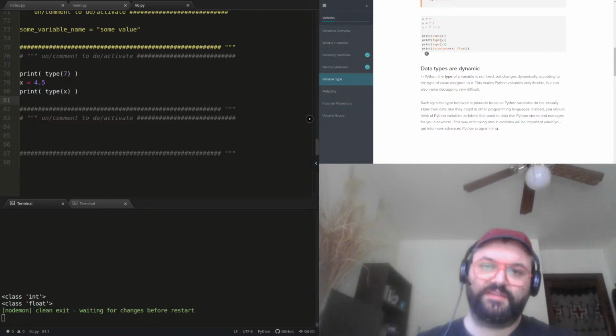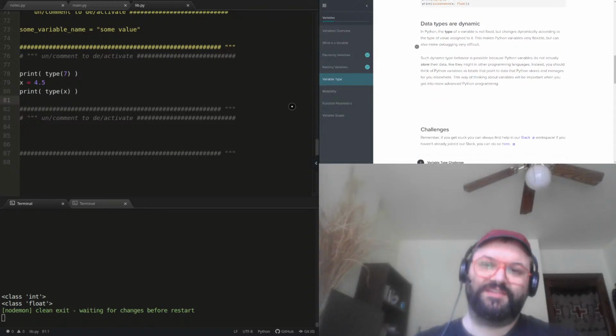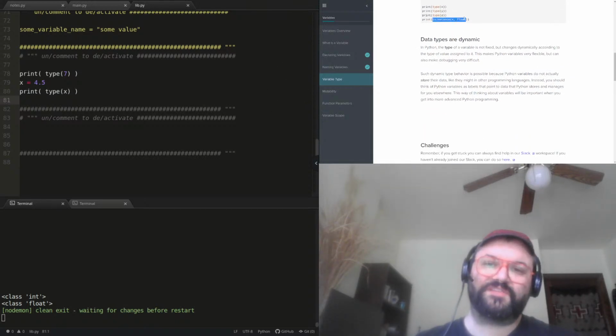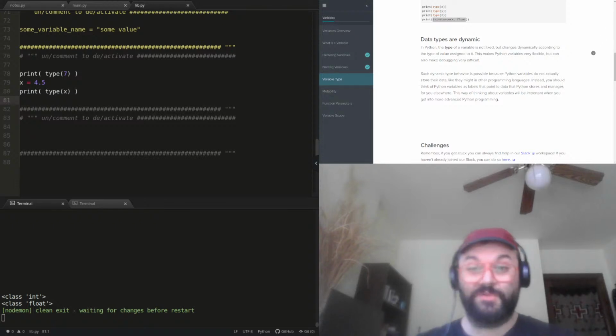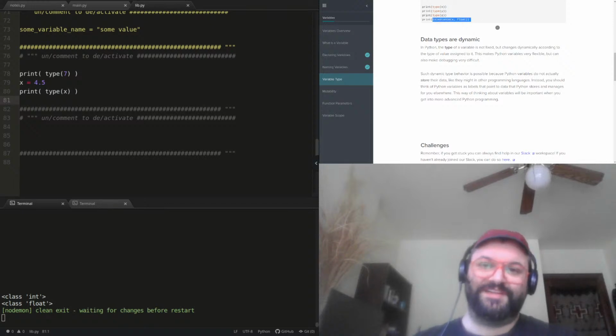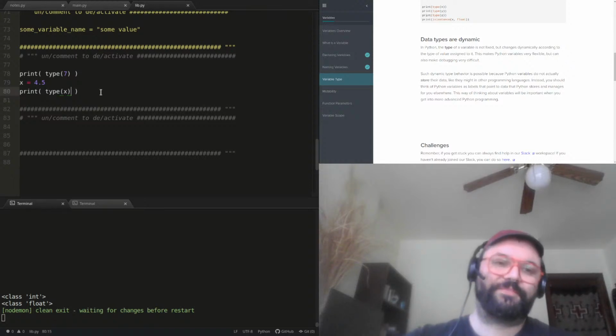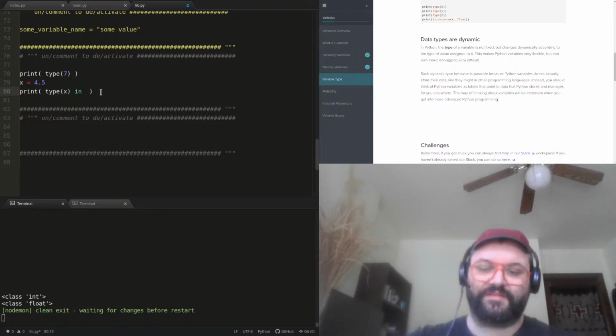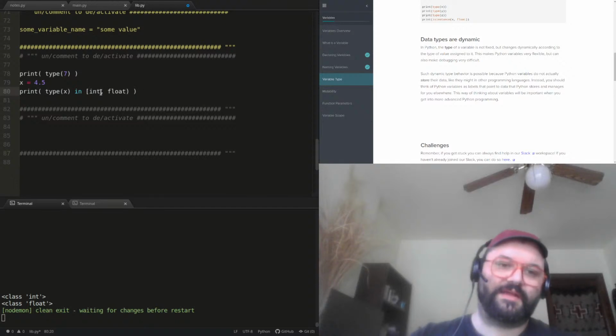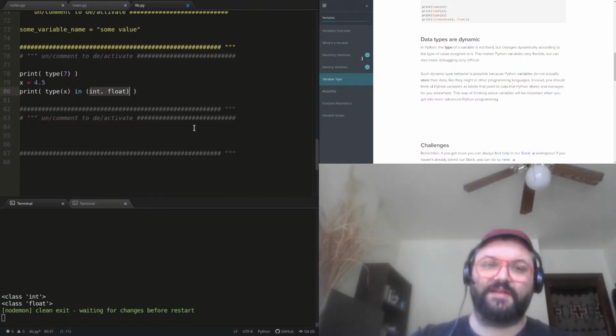You will see this syntax used, isinstance, which will give you true or false. It's regarded as best practice when you want to see if something is of a given type to use isinstance. I don't like it. I'll just say that. I prefer to just use type. Let's say I want to know if the type of x is an int or a float. This is what I like to do. I'll just throw the type identifiers in